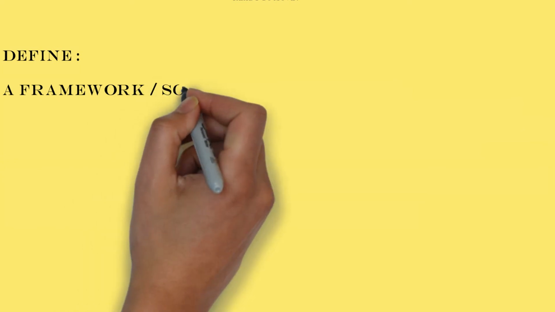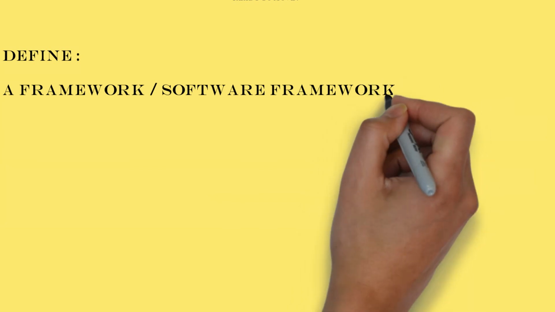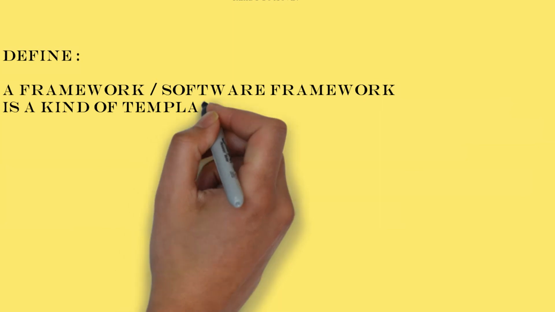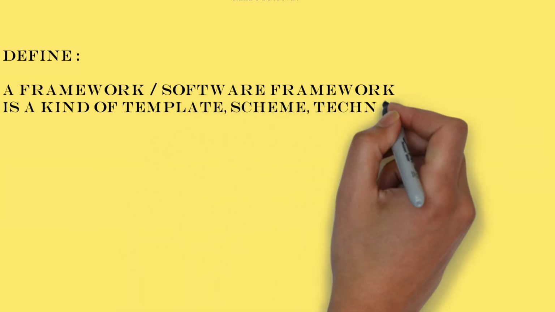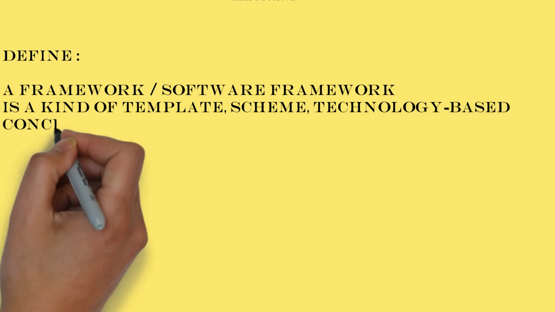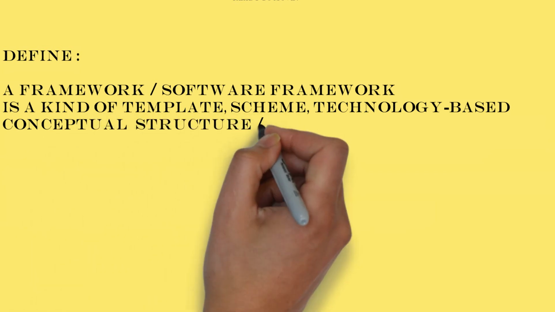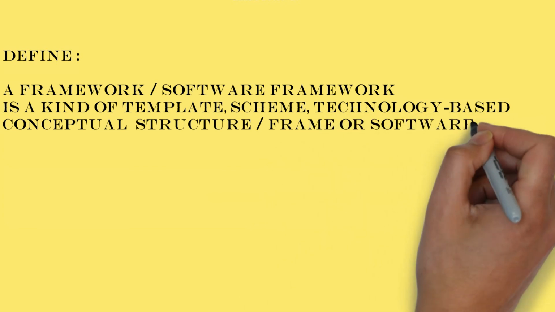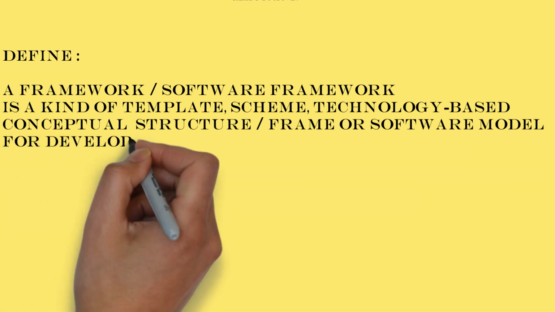So let's go with the definition of a framework. A software framework is a kind of template. The whole structure, a skeleton, will be given to you, and you just have to put the mass over there. It's a kind of template or schema, technology based because we are doing computation there. A conceptual structure will be provided, a frame and boundaries will be given to us, and we have to use those. Or a software model for developing